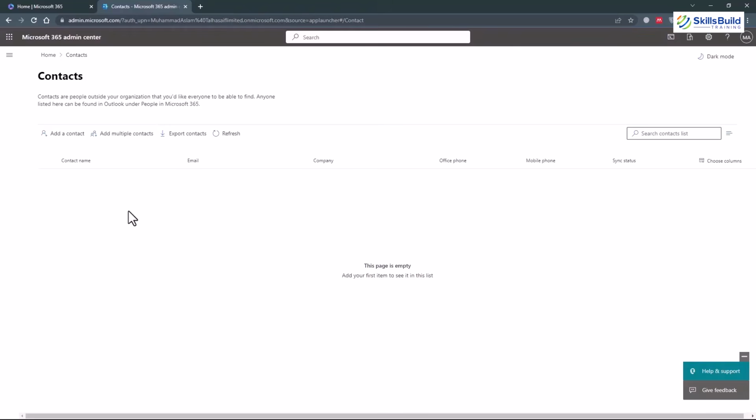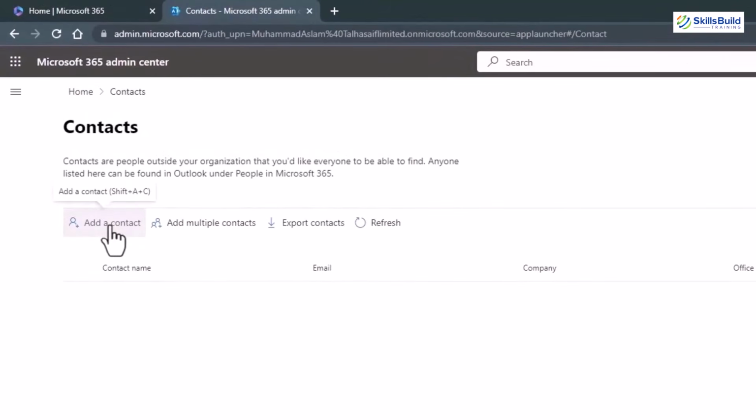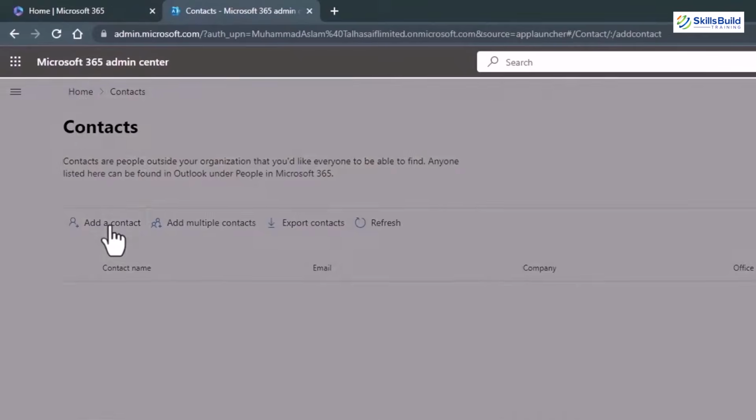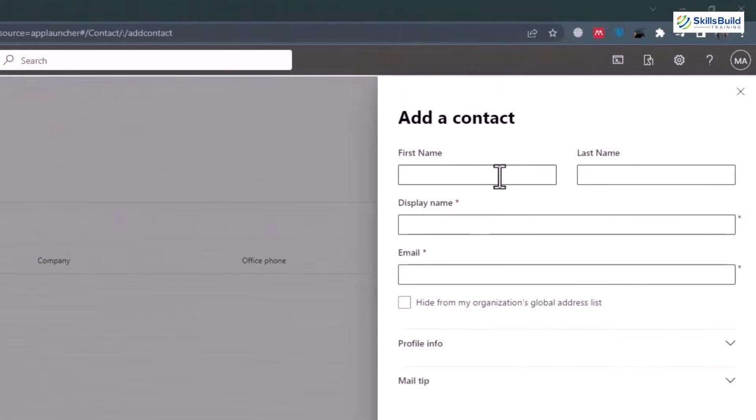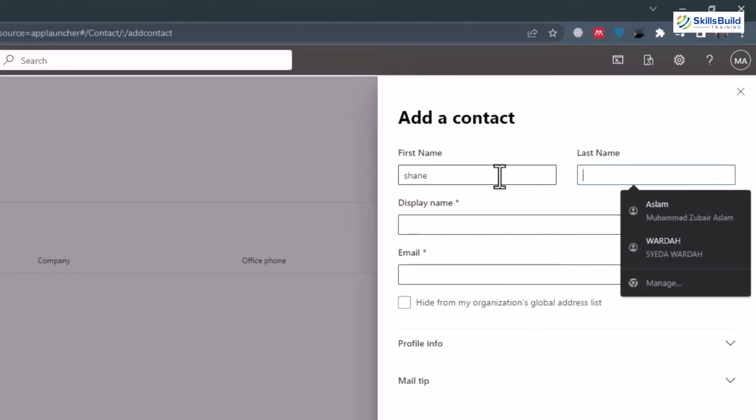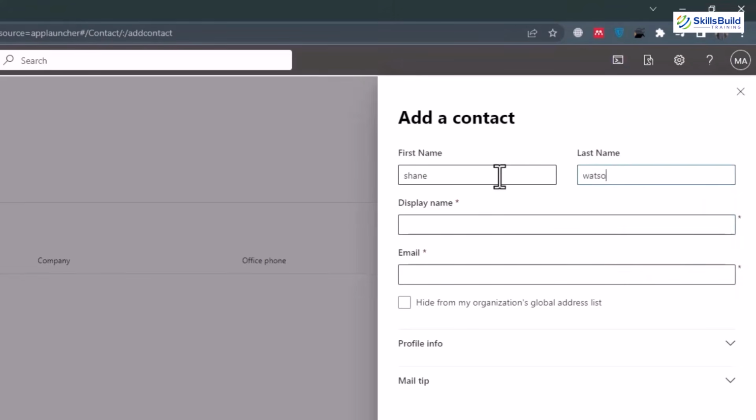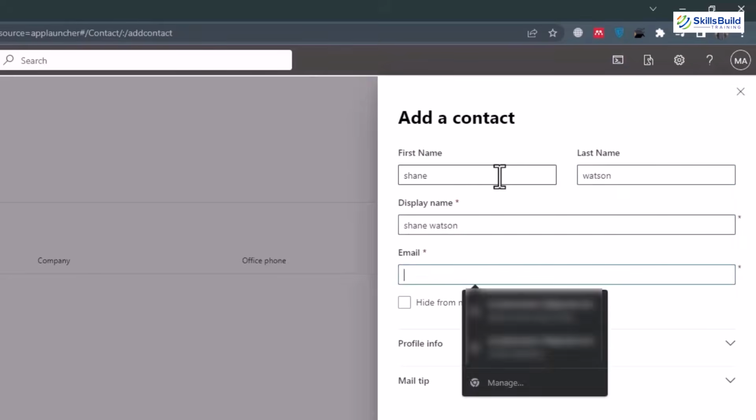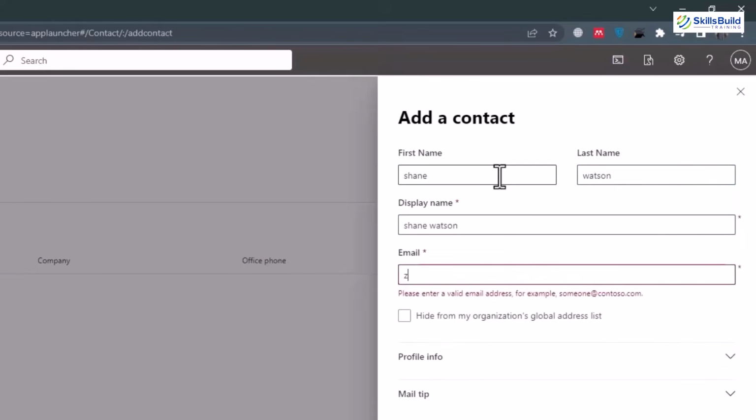So in order to create a new contact, we just need to click on this add a contact button from here. And now we just need to add information of this contact. We can have his first name. So here I'll go for Shane as a first name. Then for the last name, I'll go for Watson. And then we have display name. We can have his or her email address. You can go for any email address. I'll go for